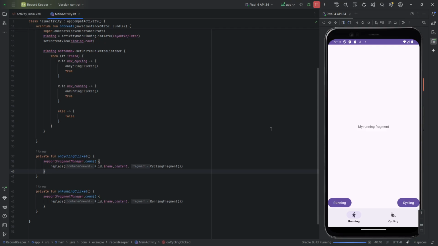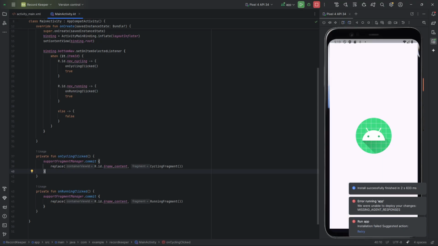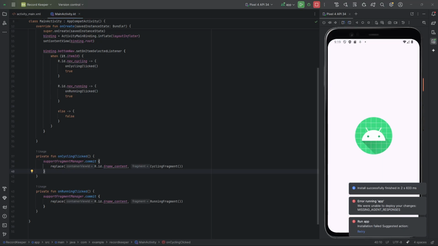Else, if for some reason it's some completely different ID which we're not expecting, we should do something else. So this is how we're going to be able to detect which icon's been clicked on. So if they select cycling, let's do the on cycling clicked method. If they've selected running, we'll do the on running clicked method. We are still getting an error at the very bottom, saying it's expected that we return something. So we will return true. Now when we run the app on the emulator,